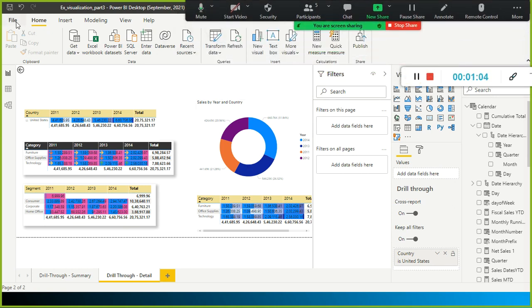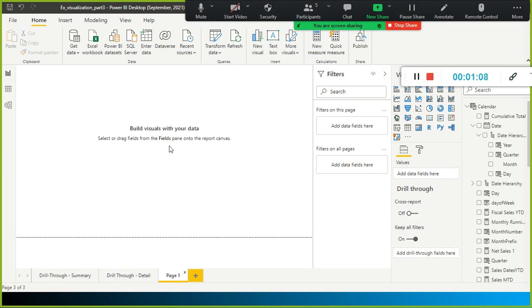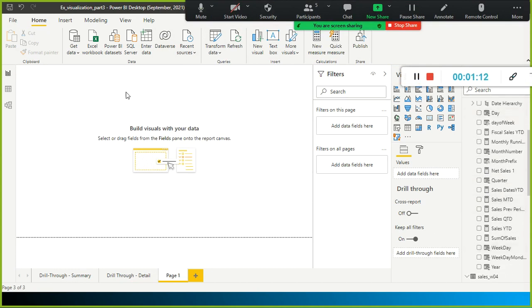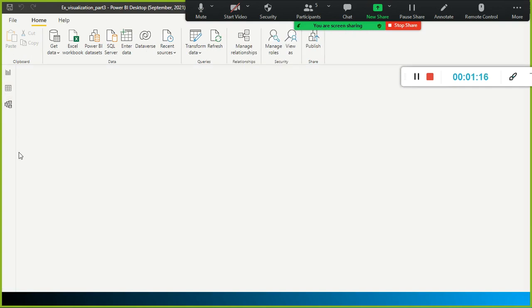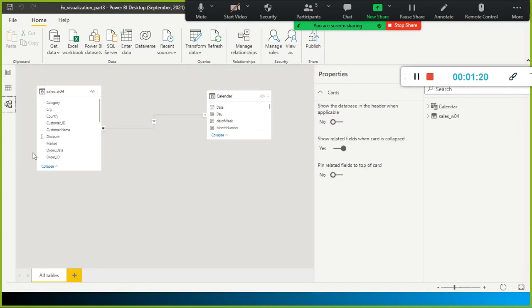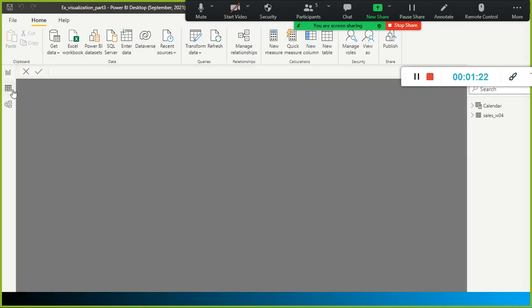For example, let me just, yeah, we will use this one itself. So this is the model. Yeah, this is the one.